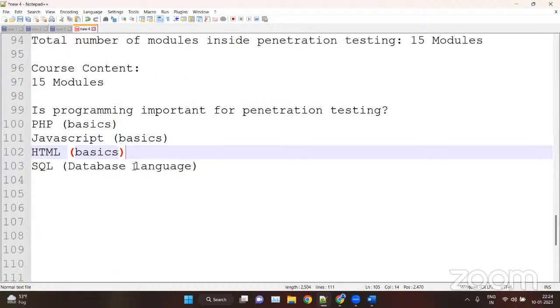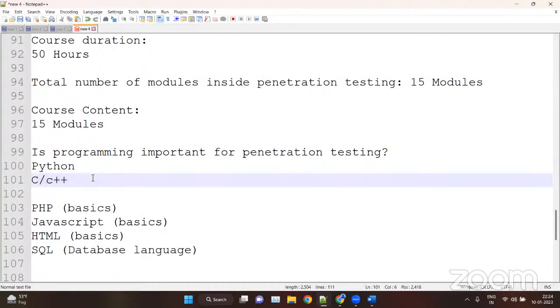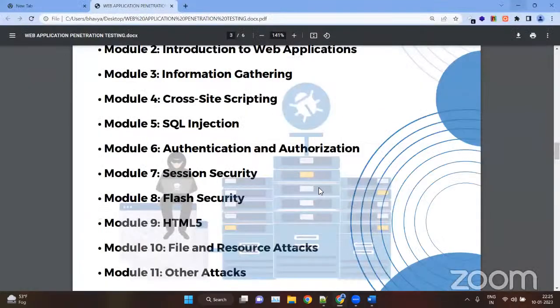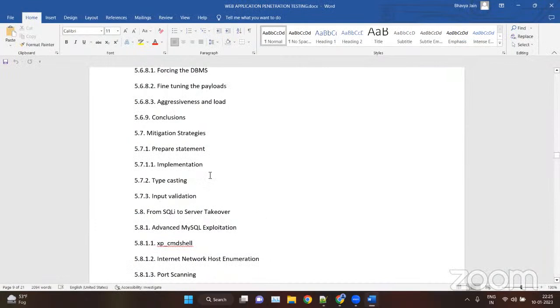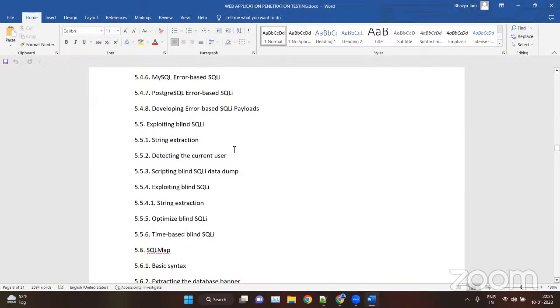And for the whole cybersecurity career, you can go for Python and C++. C and C++, any one of these, or if you know both, that is good. It should be a plus point. So you can go for the languages. We will cover the basics in the training: we will cover SQL, and the basics of PHP and JavaScript. So don't worry about that. But if you have prior knowledge, that would be wonderful.